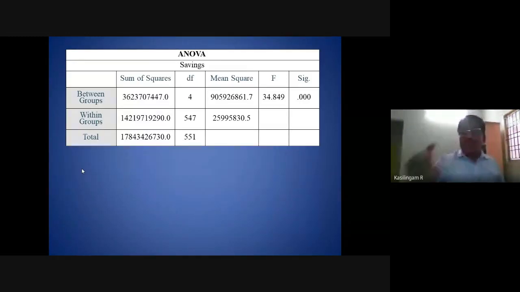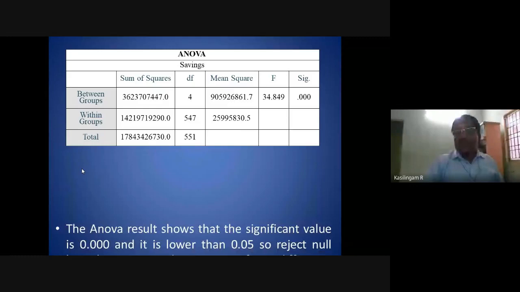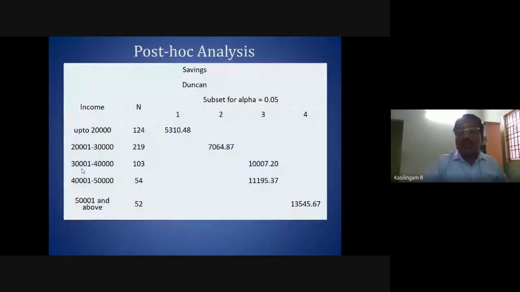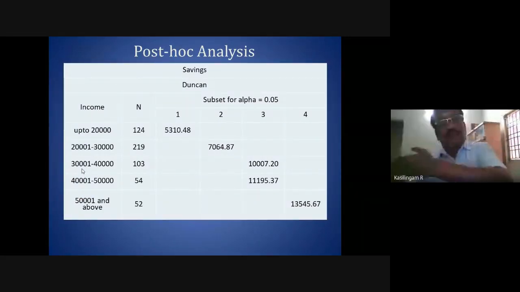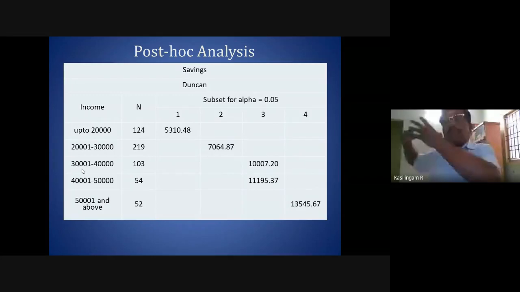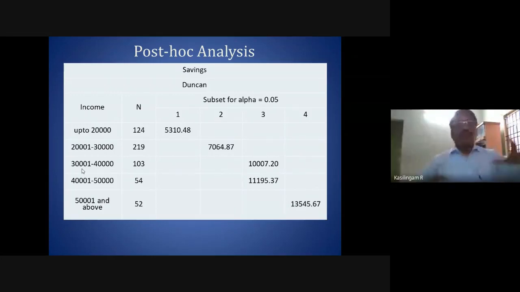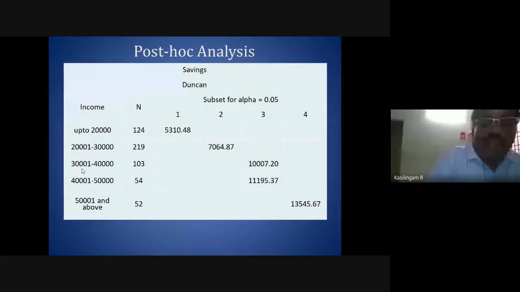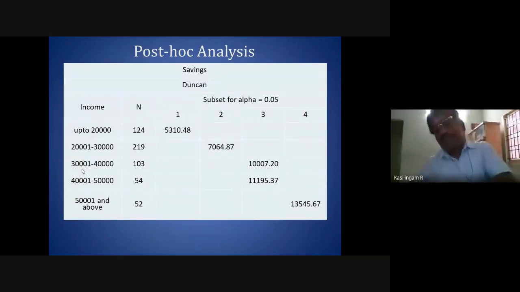Now we want to find out who saves more and who saves less. People with 50,000 income save 13,000, they save more. People below 20,000 save less. So people in the lower income categories save less, and people in the higher income categories save more.